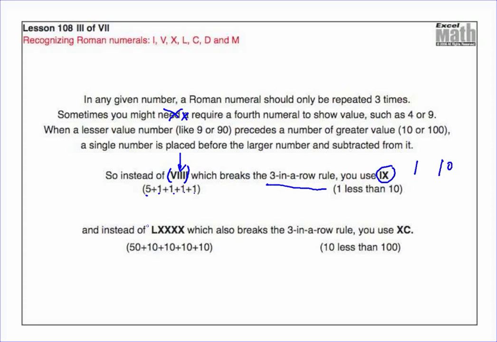and tricky. And instead of L with 4 X's, which would be 50 and 4 10s, which is 90, that breaks the 3 in a row rule. 1, 2, 3, 4. You can only put 3 in a row. You use XC. C means 100, X is 10. Since the X comes before the C, you subtract. You do 100 minus 10, and that's equal to 90. All right, if that part was confusing, go back and read it and watch it again because it can get